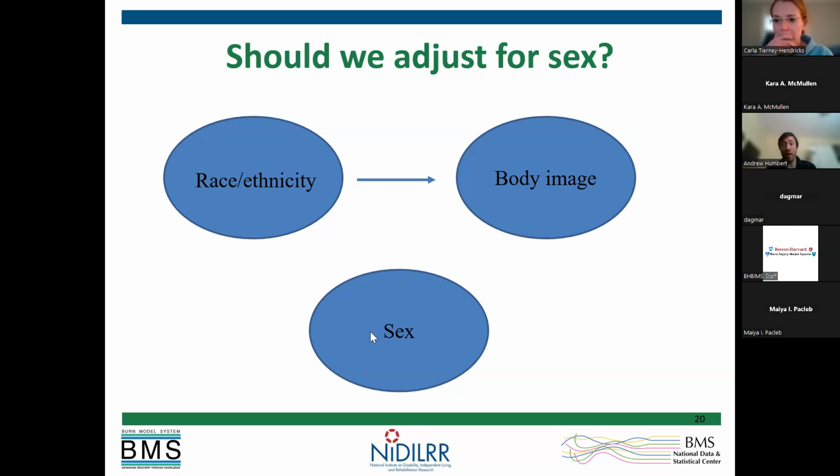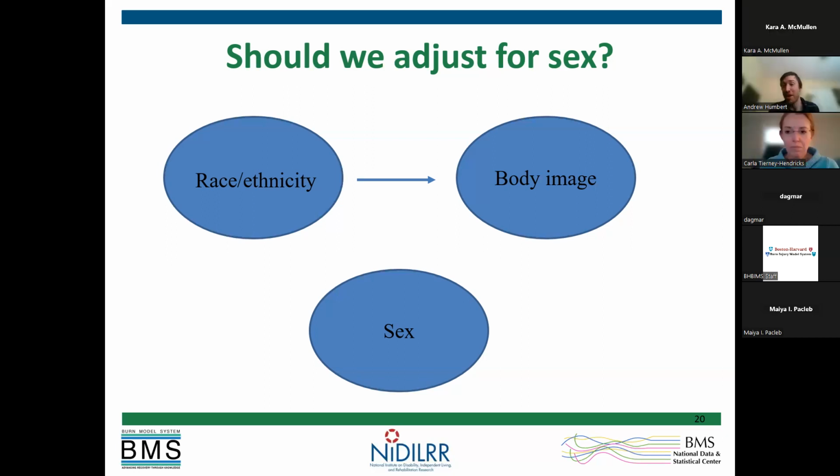Yeah, so we have that potential relationship between sex and body image that's plausible. Can we check it? No. And other people might have different beliefs, but being able to state, I think this relationship could potentially hold, and therefore I think this is how we should treat it, is the important part of this discussion.